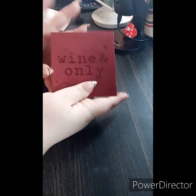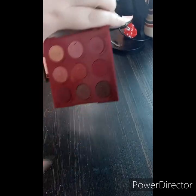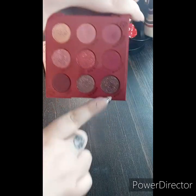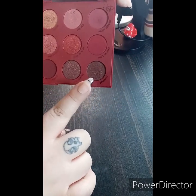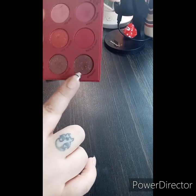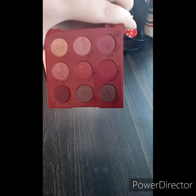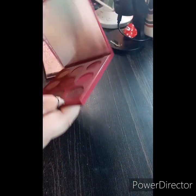Then 2 more from ColourPop that I will be keeping. This is the Wine and Only palette. I do love how smoky this one goes, and I like ColourPop sequin shades. I feel like I'm in the minority. These are the mattes with glitter. I really like them. I think that they're really pretty on the eyes, but I love this color story, so